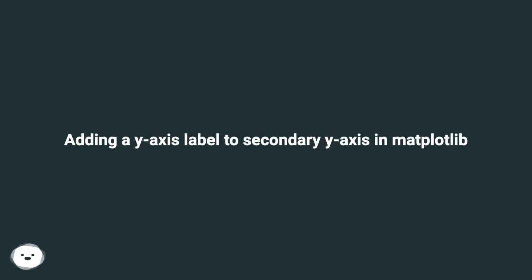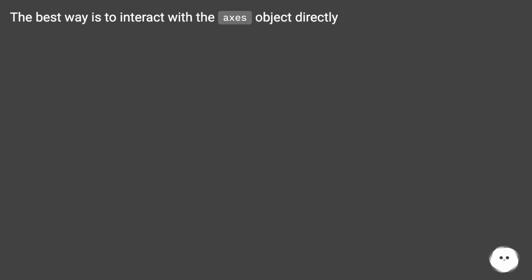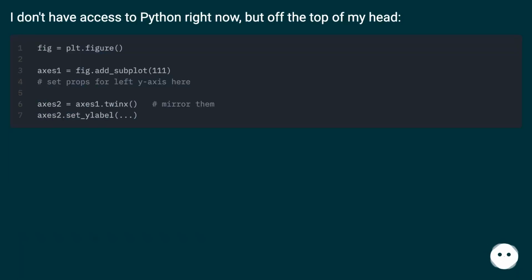Adding a y-axis label to secondary y-axis in Matplotlib. I can add a y label to the left y-axis using plt.ylabel, but how can I add it to the secondary y-axis? The best way is to interact with the axis object directly. I don't have access to Python right now, but off the top of my head,